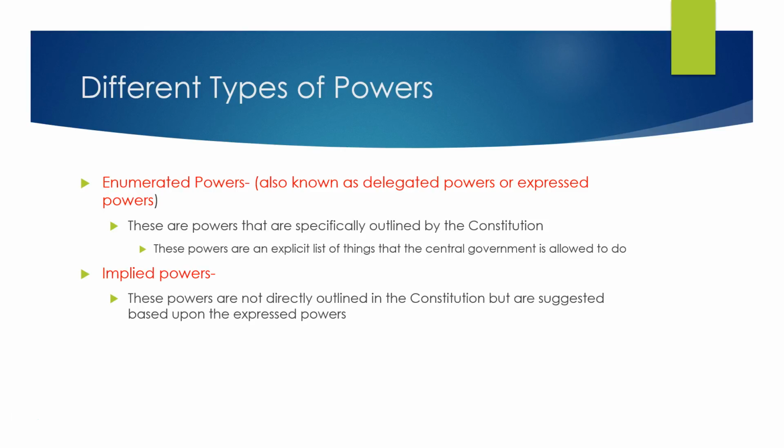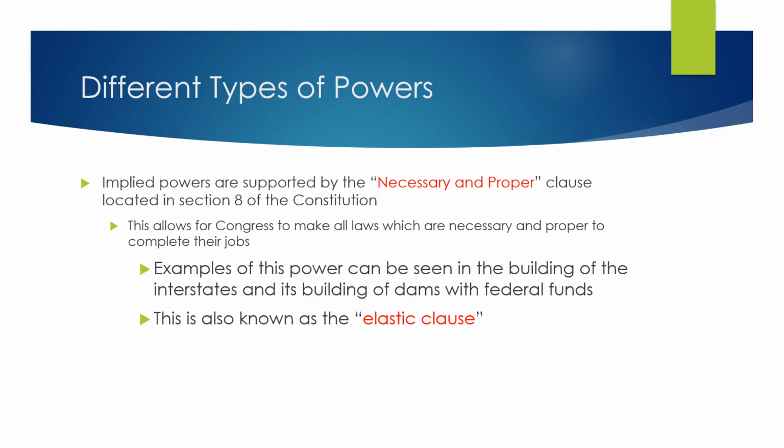Then we've got the idea of implied powers. These powers are not directly outlined in the Constitution, but are suggested based upon the expressed powers. There are a couple of different ways that we can express what implied power means as well. Implied powers are supported by the necessary and proper clause located in Section 8 of the Constitution. This states that Congress has the ability to do anything that is necessary and proper in order to carry out